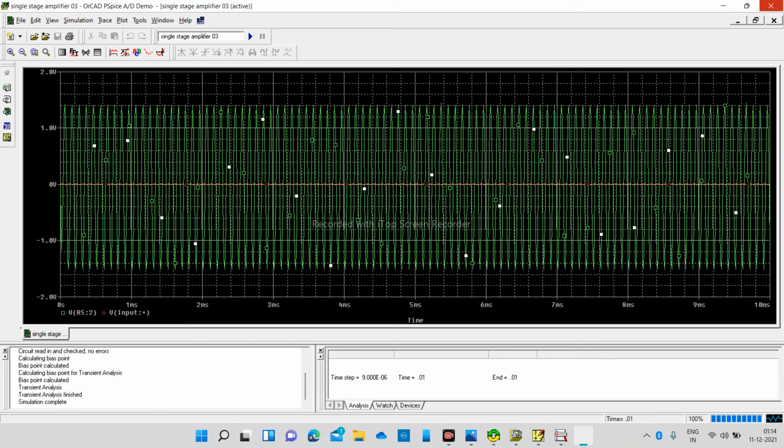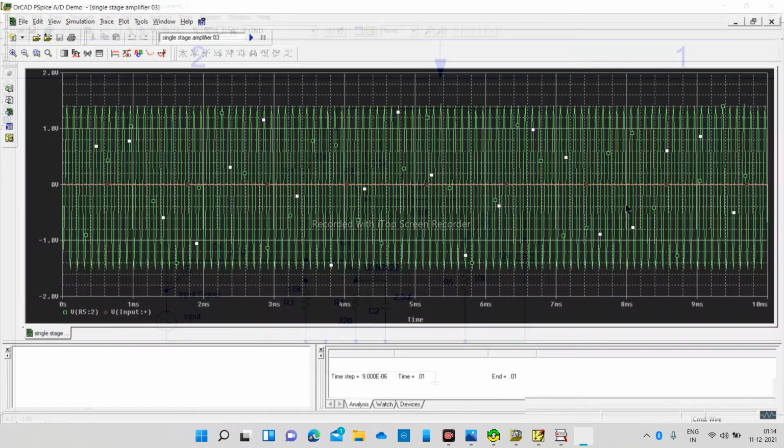Nowadays we are using picoseconds. So our graph is very big, and even though there are so many lines, it is not a big problem.